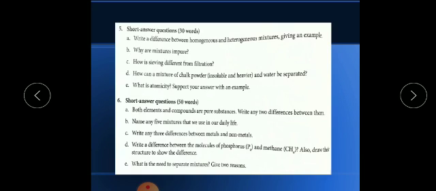Okay, now the second one, part B: name any 5 mixtures that we use in our daily life. So we are using so many mixtures. As you can see, we inhale air, which is also a mixture. Okay, your mother is cooking your favorite dish and she is adding so many spices and ingredients into it. Okay, we also use ice cream. So we are using so many things that are made up of mixtures.